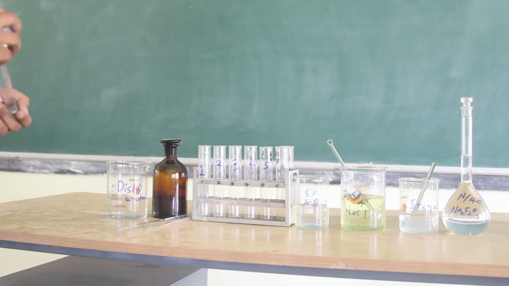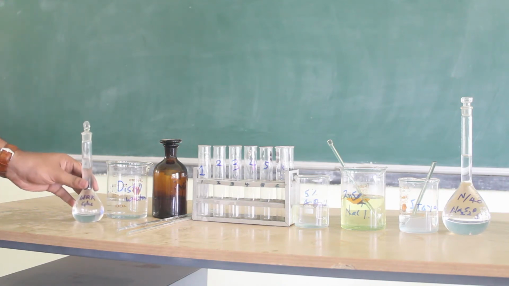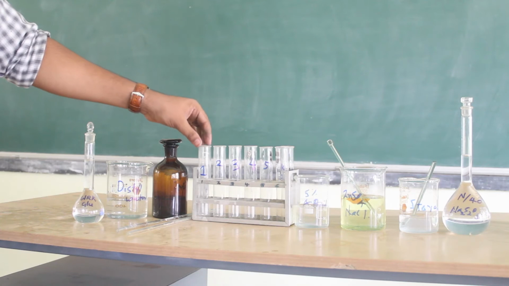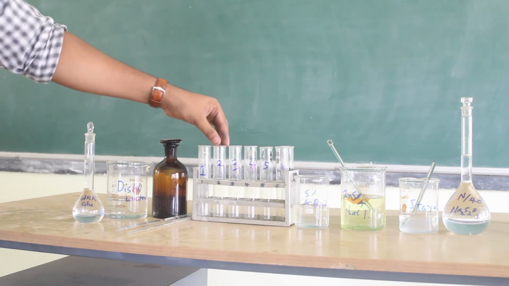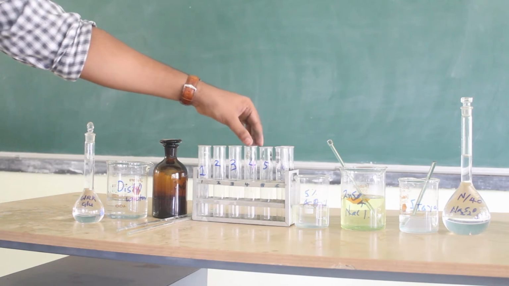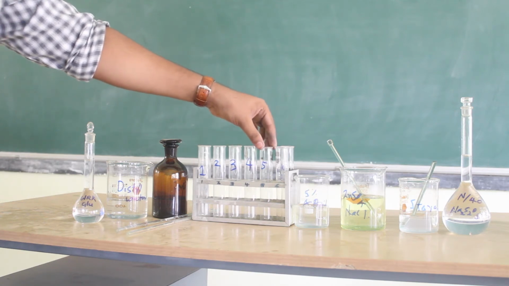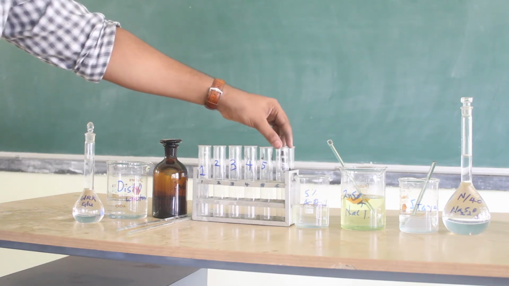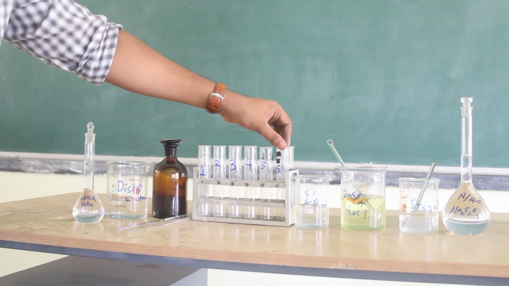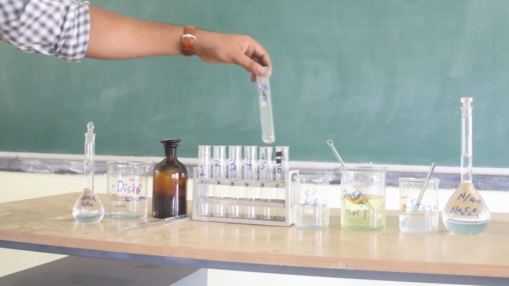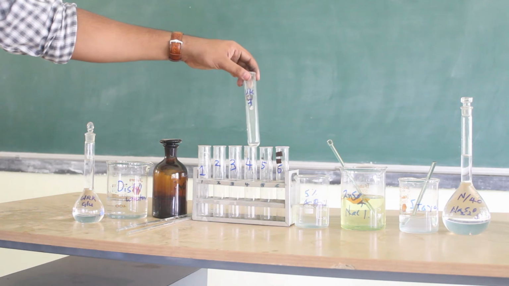Once you have done that, let us mark the test tubes as 1, 2, 3, 4. For the first test tube, we'll be adding no glucose. For the second test tube onwards, 0.4, 0.8, 1.2, 1.6 and 2.0 ml in each of the test tubes. And for the unknown, you will be given a solution by your external examiner itself along with water in it.